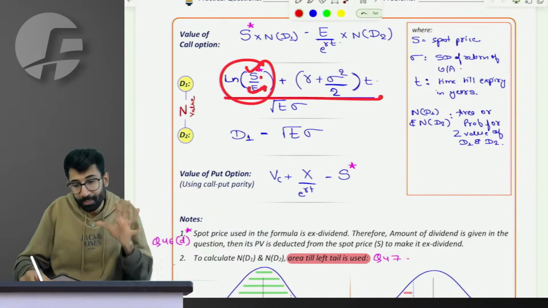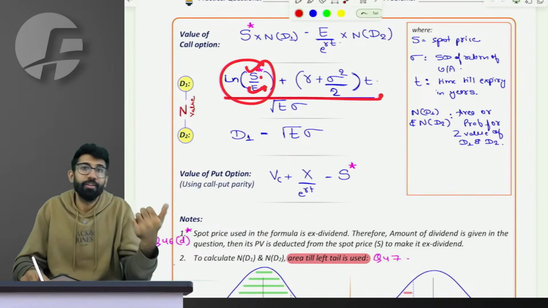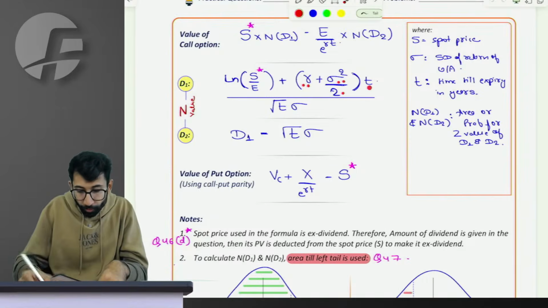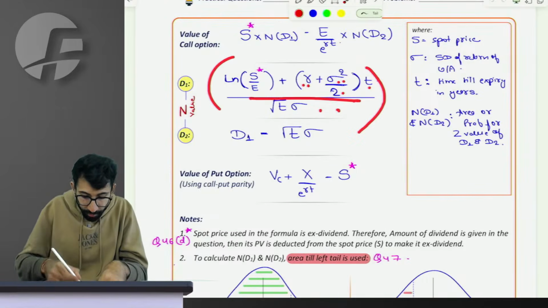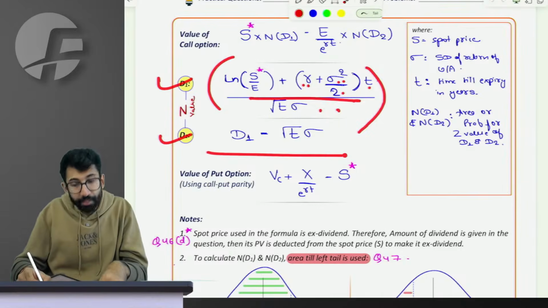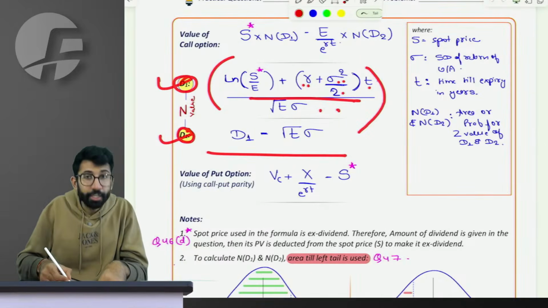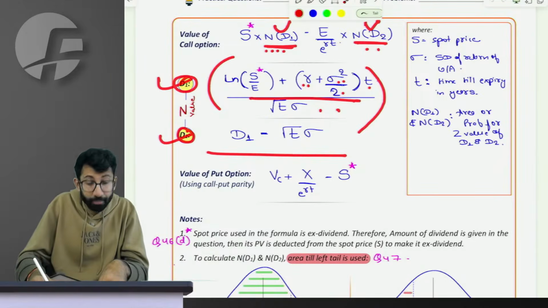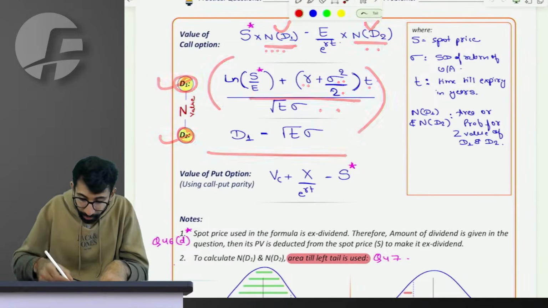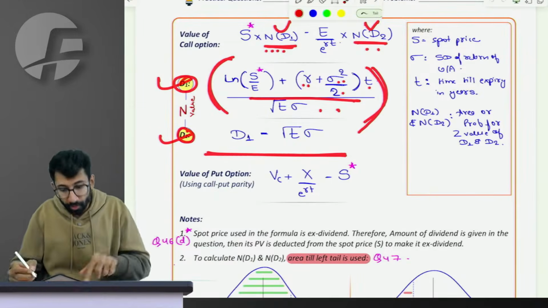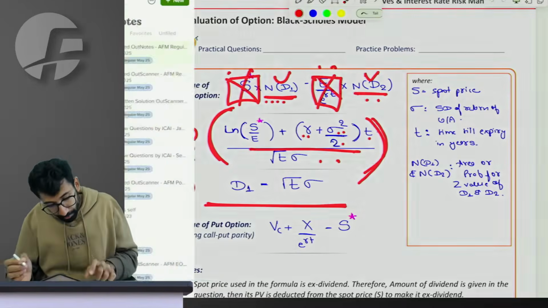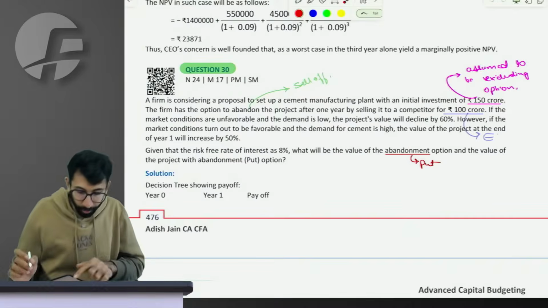Black-Scholes is all about formulas. I'm not getting into the details of it again because we have done it in derivatives. Fine. Sir, risk-free rate plus SD square by 2, times time period, divided by SD root t gives you D1. Similarly, you calculate D2. And for D1 and D2, which are my Z values, I calculate the area from the probability distribution table, calling them N(D1) and N(D2). And accordingly, I apply the Black-Scholes model. This particular part will differ a bit, which I will explain to you. Let me go to that particular practical question.